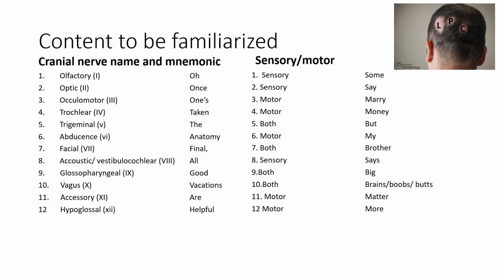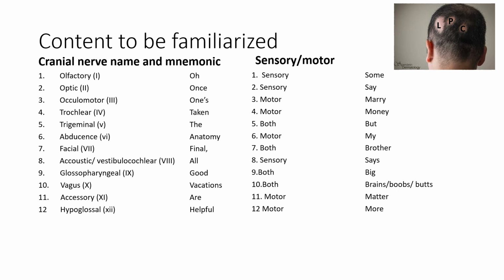Then vagus, so this one is far-reaching. It runs through a large part of the body, up to the lungs and the heart and so forth. And so the vagus nerve also is a mixed fiber nerve. Accessory, also referred to as the accessory spinal nerve, and you will see why later on. That is cranial nerve number 11, and then number 12, hypoglossal again. So that means the nerve that we can find at the inferior aspect of the tongue.